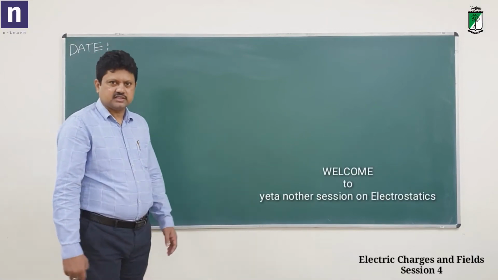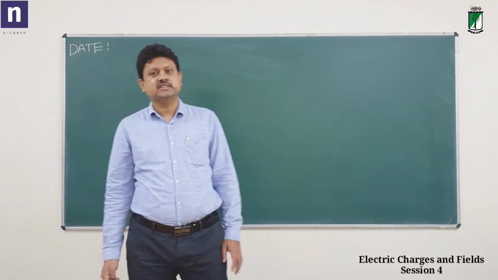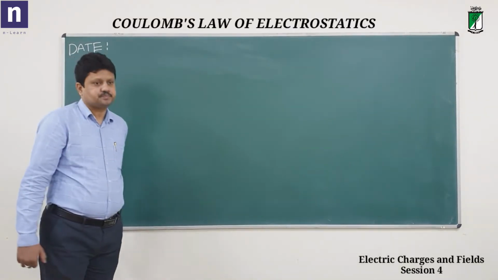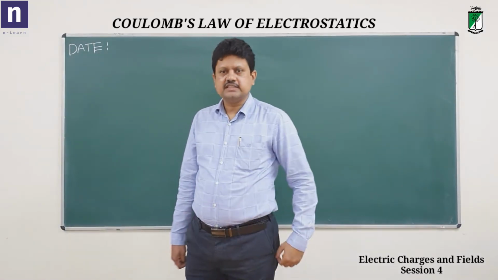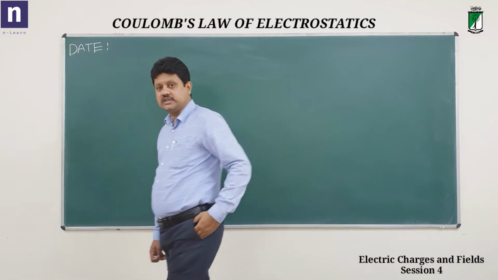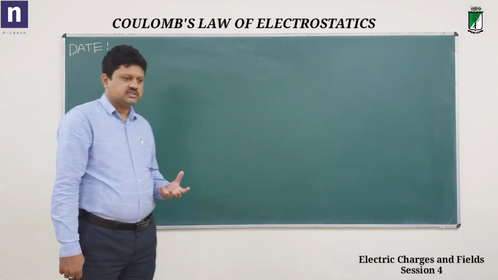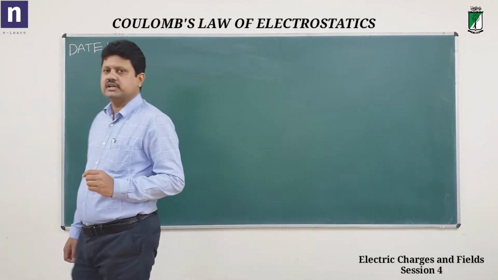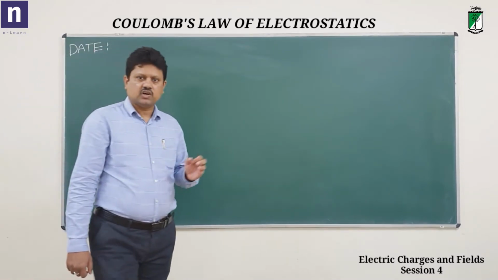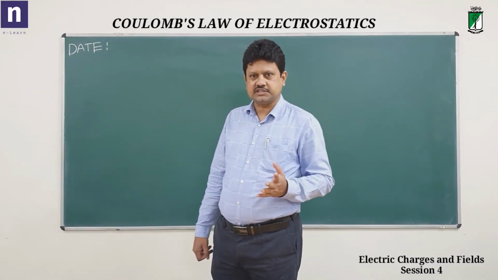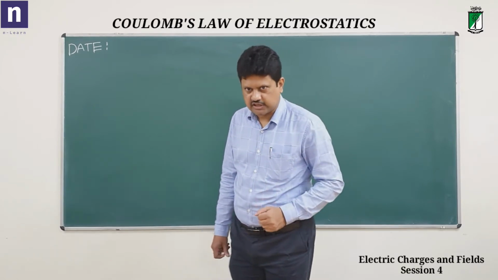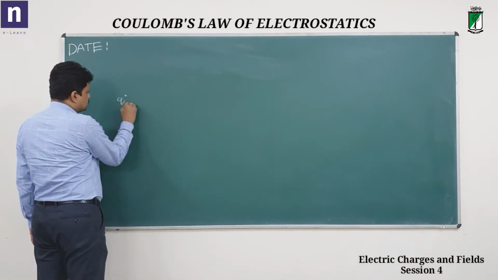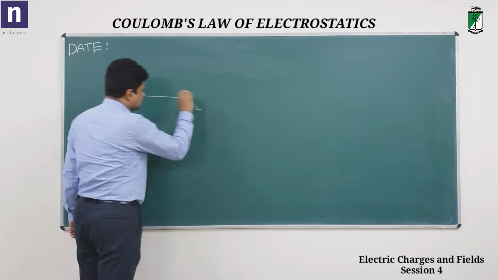In the previous classes you have learned what an electric charge is and what its important characteristics are. So today we will see Coulomb's law of electrostatics. Basically, Coulomb's law of electrostatics is a quantitative statement on the force exerted on a point charge by another point charge, or in short, the force of attraction or repulsion between 2 point charges is given by Coulomb's law of electrostatics. So according to the statement, if you consider 2 point charges, say Q1 and Q2,